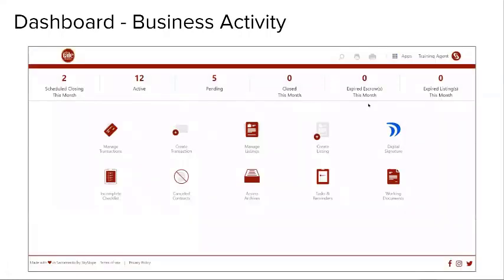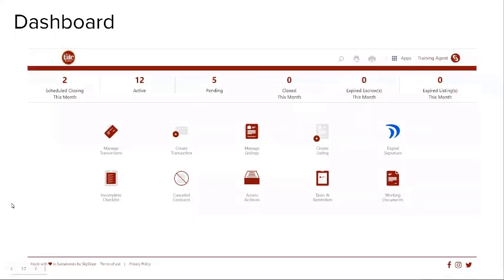Coming back to the main SkySlope dashboard, when you are looking along the top area of the dashboard, you're able to get a quick view of any of your current activity that is happening for your transactions, starting with any closings that you have scheduled for the month, listings that are currently active, listings or buyers that are pending, any properties that you have closed already this month,